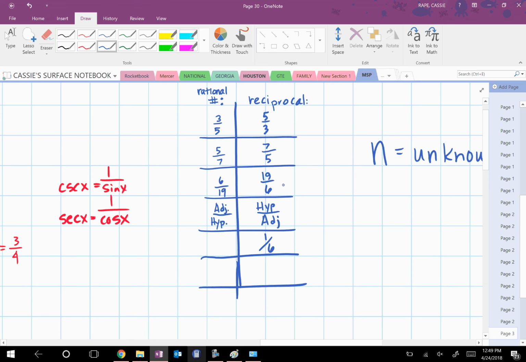However, doing a reciprocal, that's not an operation, okay? But there is an operation that if you do that, you will always have the reciprocal. So in situations like this, adjacent over hypotenuse, the reciprocal is hypotenuse over adjacent, okay? And here, I had a 6 right there. That's where it's sort of a little weird because we're not accustomed so much to doing reciprocals of whole numbers, but the reciprocal of 6 is just 1/6 because remember 6 is 6 over 1, which means if you have some unknown number or quantity of any kind, the reciprocal can be calculated by taking 1 over that, okay? 1 divided by whatever you're looking at is the reciprocal of that, okay? So that is why if you have the cosecant of x, it is equal to 1 over the sine of x,